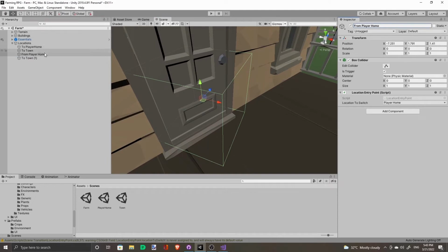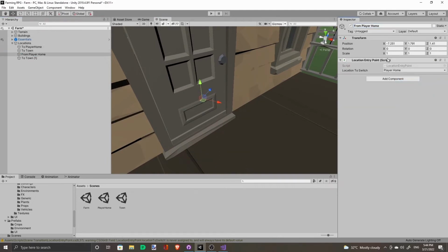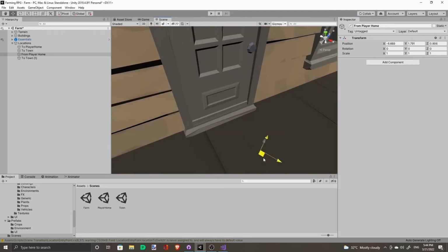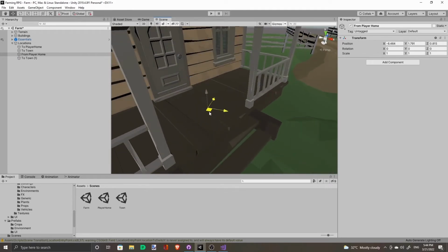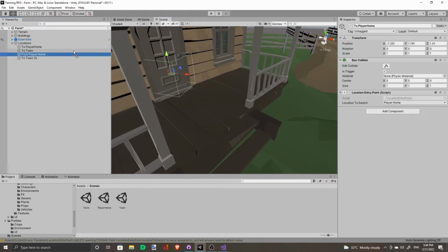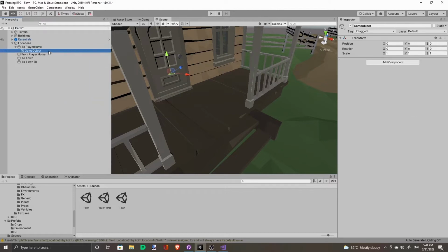So we create a new empty game object. This is the transform of where the player is going to be when he comes back from his house, when he exits his house. Let's just group them nicely. So the from and to points are here.